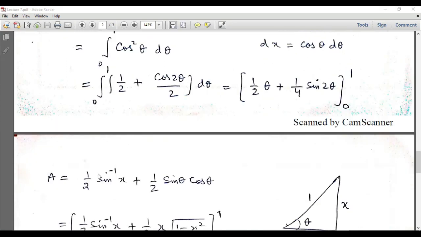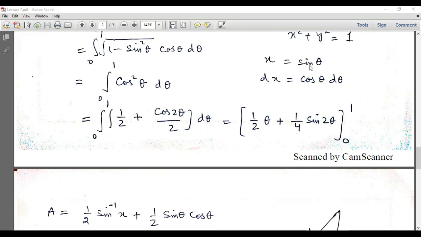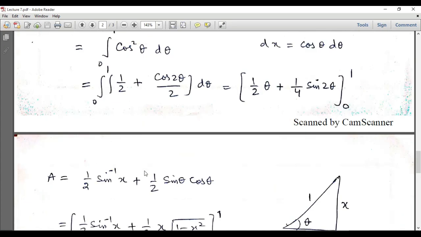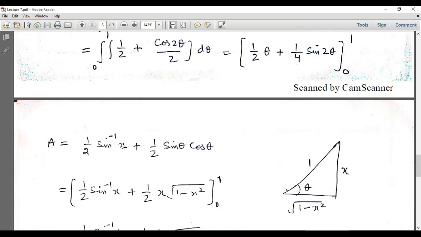And the area will be equal to 1 by 2 theta plus 1 by 4 sine 2 theta. And theta is equal to sine inverse x from this equation. So let's do the back substitution, and it will become 1 by 2 sine inverse x, and sine 2 theta is equal to 2 sine theta cos theta, so it will become 1 by 2 sine theta cos theta. So this